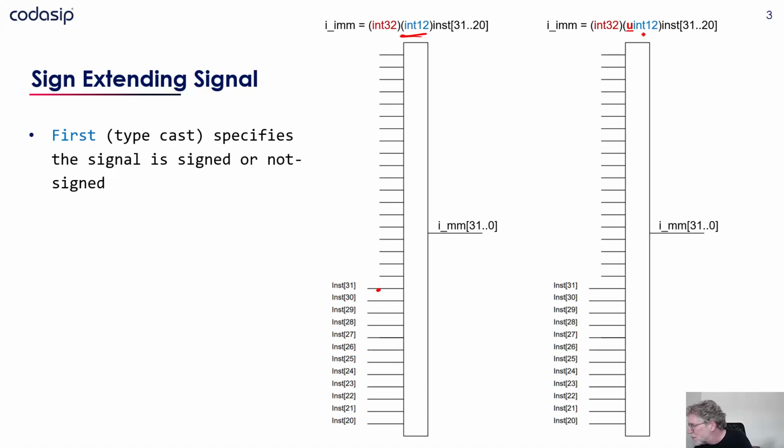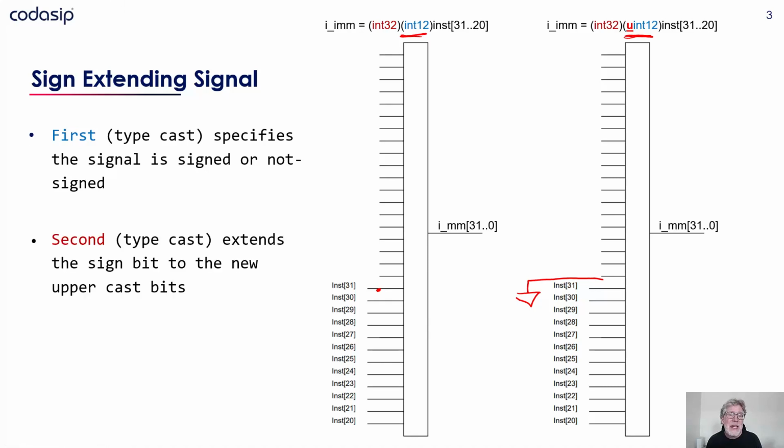Now in this other example over here, I'm saying it's unsigned. That means I'm not going to extend the signed bit. I'm basically going to have all the values set to 0. So I'm going to just mirror that as specifying it's to ground. Now, the second cast specifies the number of total bits of our new signal. You can see that I'm specifying 32 bits on both these